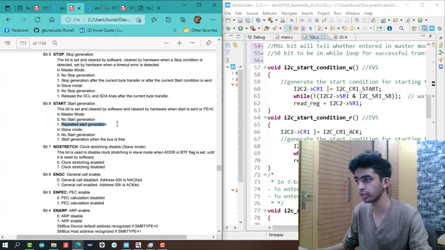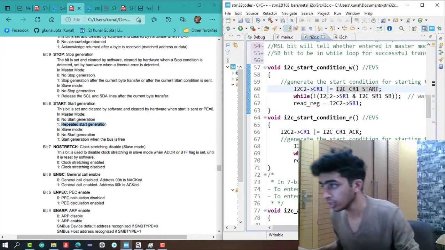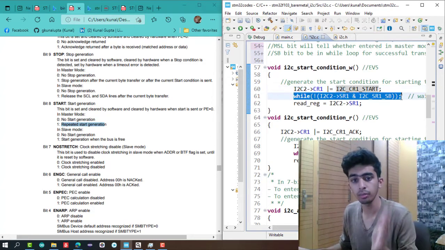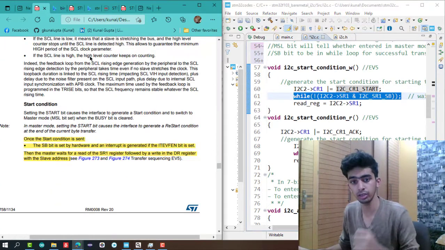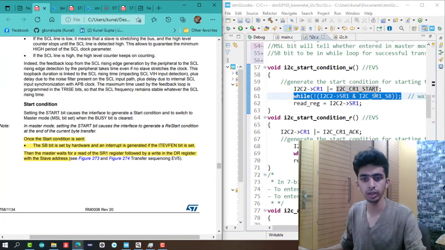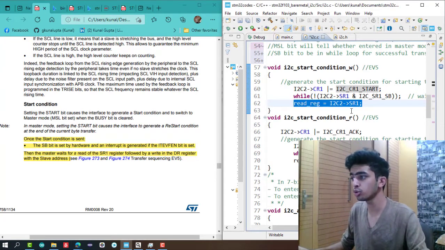So we have configured the start register bit for a start condition for write, and then we will be while looping on the SB bit, as it is told here, that the SB bit is set by hardware when the start condition is successfully transmitted, and then we will read the I2C_SR1 register. This is for the write mode.